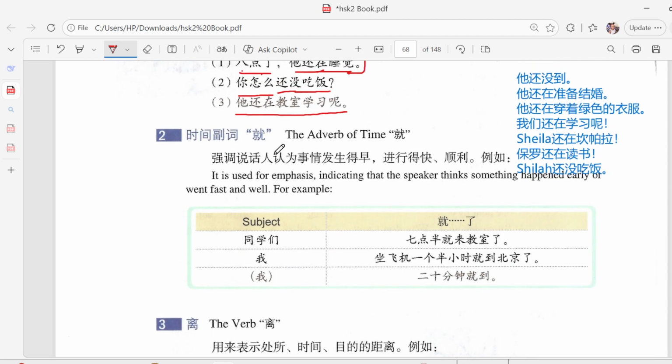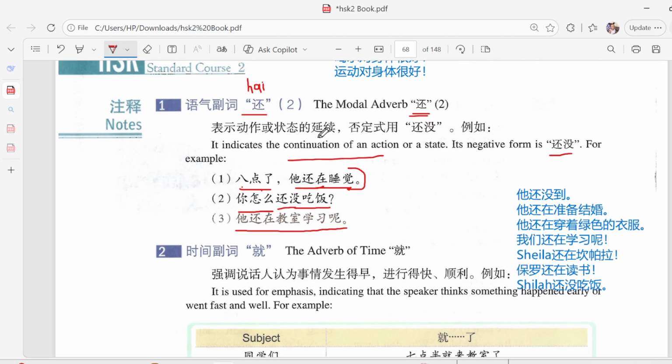and it is either negative. Okay, it indicates continuation of an action or state. The negative form is 还没. For example, we had the sentence 8点多了，他还在睡觉, still sleeping. 8点多了, it's after 8. Okay, it's 8 something. 8点了 means it's 8 actually. You can add 多了 to mean it's beyond 8 o'clock in the morning and he's still